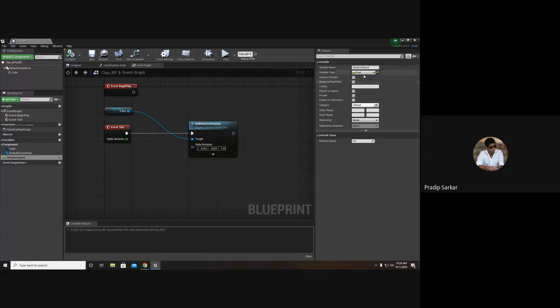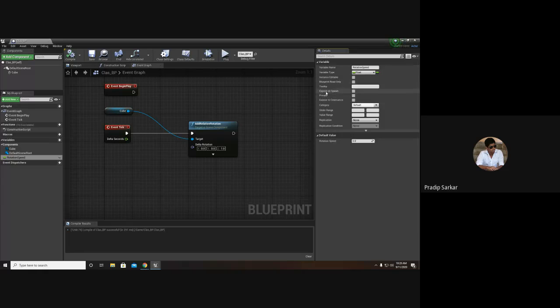Next, below the variable type, there is an option for whether it can be instantiated or is only for blueprints. I can add a tooltip, which is what to display whenever I hover over this variable.